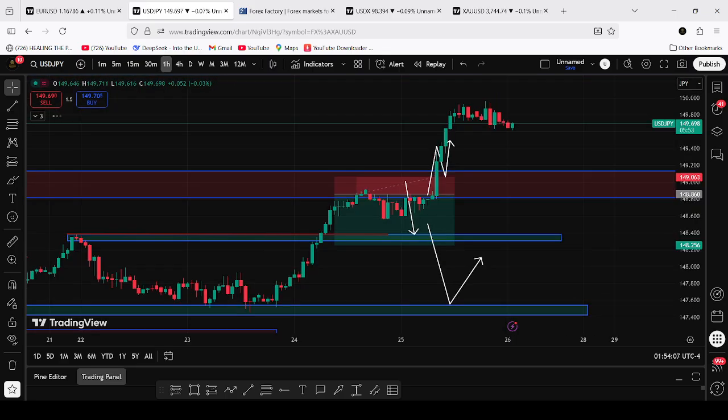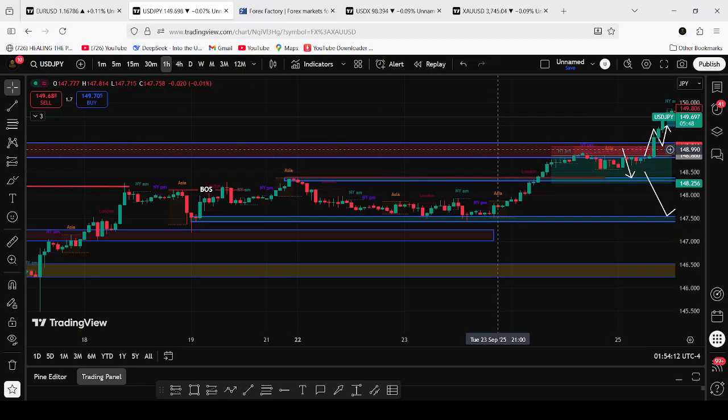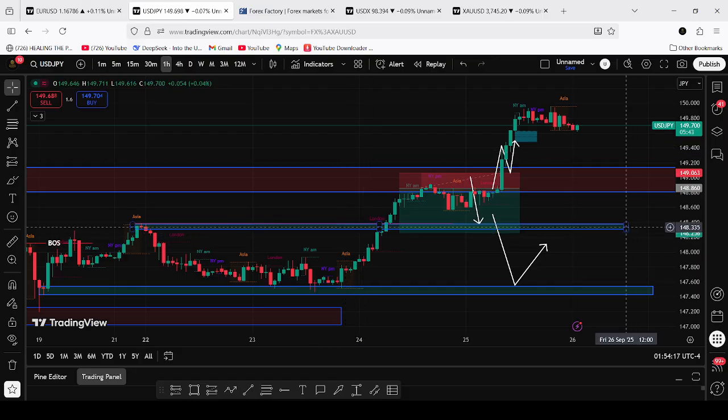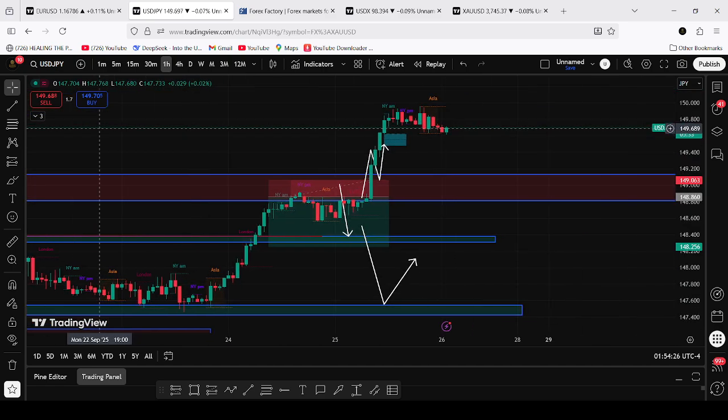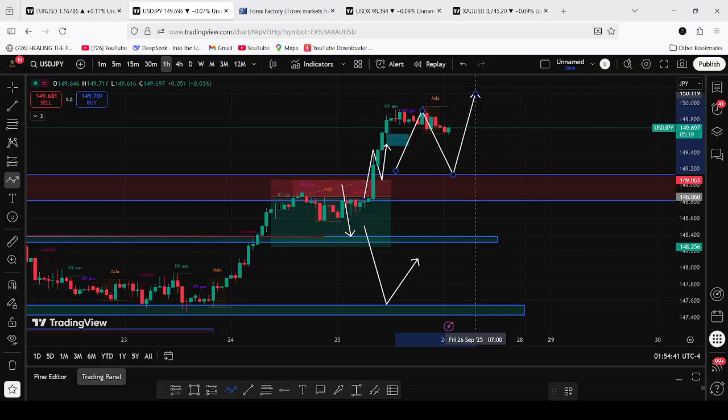Still at this point, in the 1 hour time frame, we can align ourselves so that we know which setup to take. This was a breaker block and was never tested again. So we might wait for the market to come and retrace to this zone for us to see buying opportunities, as well as this point just above here. The market went up, we might wait for a retracement, then we see a move on the upside. That is for the long term.